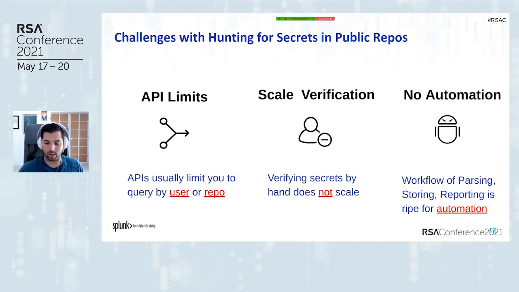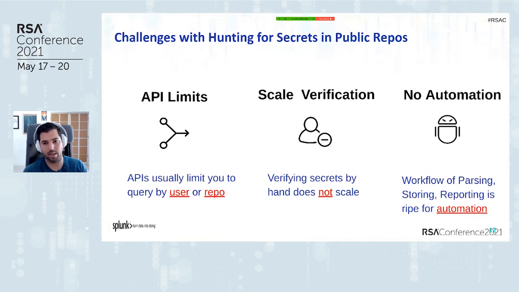Before I jump into the demo, I want to talk about the challenges with hunting for leaked secrets in public repositories. The first and most obvious challenge is that public repositories like GitHub typically enforce API limits. If you're searching through their API to extract credentials, they'll typically limit you by query, by user or repo. We found some APIs specifically in GitHub that allow us to grab all events coming in, so we're not necessarily constrained in the tool by user or repo, but this is a usual constraint to think about as you're trying to gather the credentials.